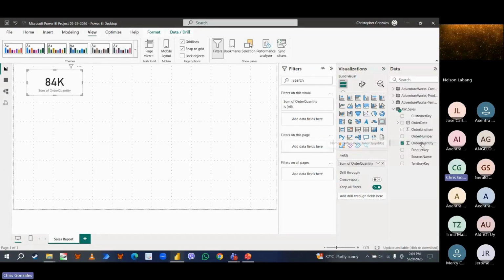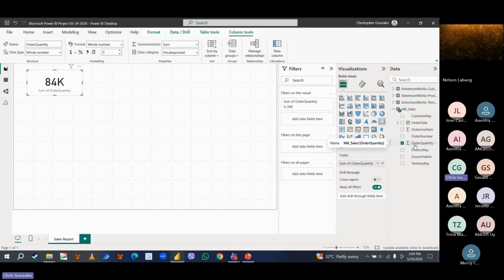By the way, every time you drag and drop a certain field to a visual, if the field contains a sigma icon, it means an aggregation. Usually aggregation refers to sum, count, or average. If you want to change the operation, you can click that field, and under summarization, you can change the formula. But by default, let's use the summation for this example.